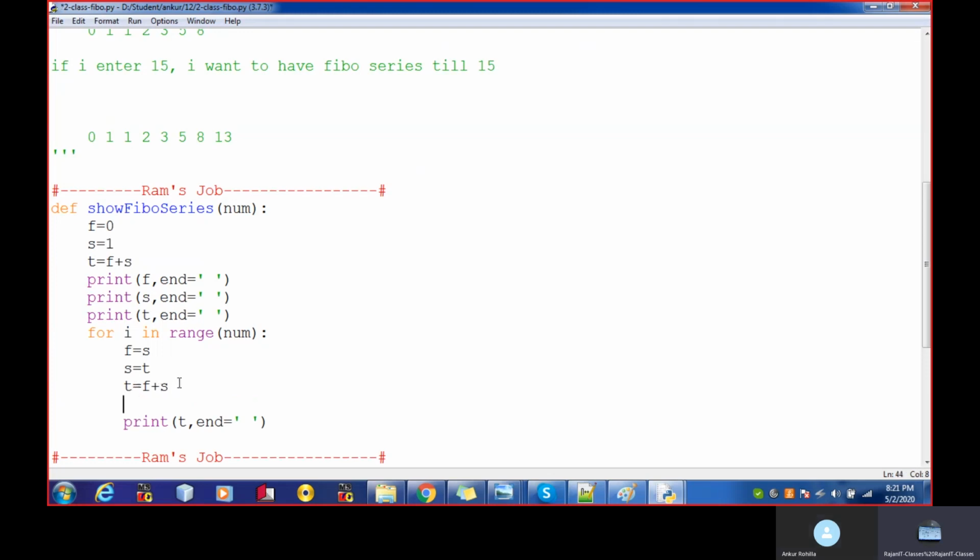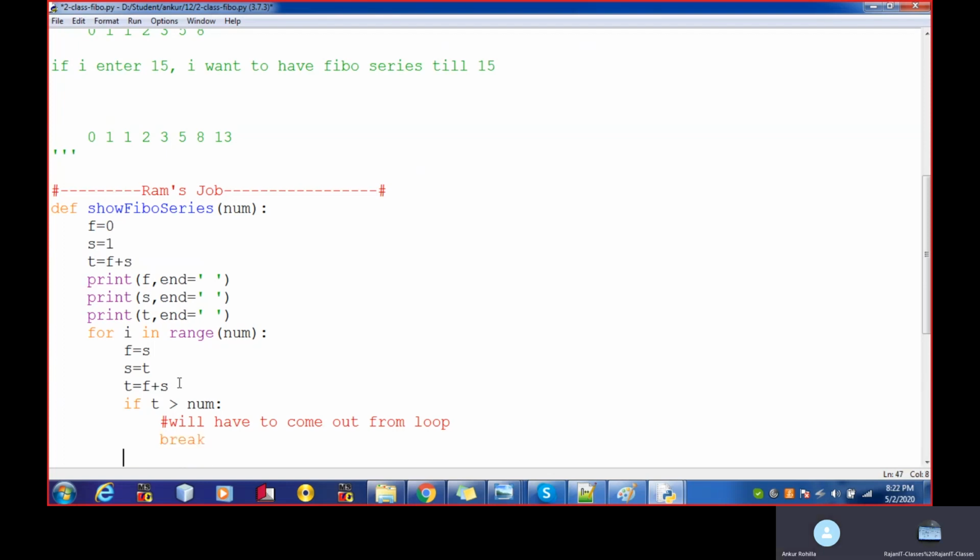T. So I need to verify that t here. If my t is greater than num, I will have to come out from the loop, right? So we'll use the statement break.